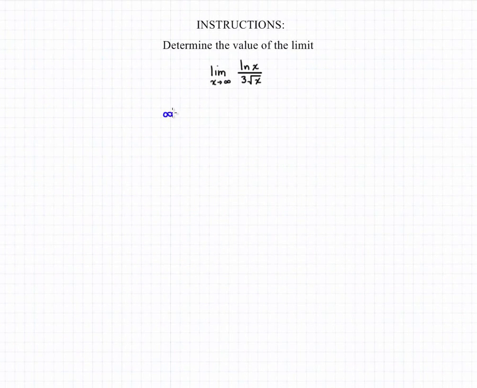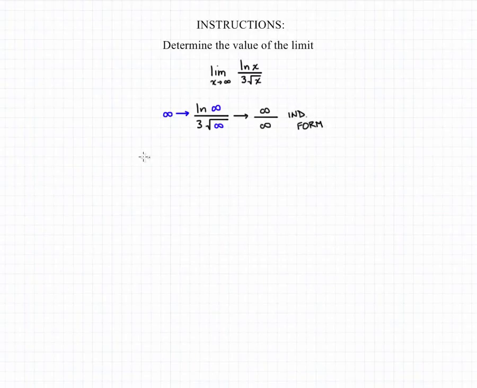To find the value of the limit, we first need to think about what is happening to our function as x is approaching infinity. So we'll have the natural log of a number that's approaching infinity divided by 3 times the square root of a number that's approaching infinity. That's going to give us infinity over infinity, which is one of the indeterminate forms that tells us we can